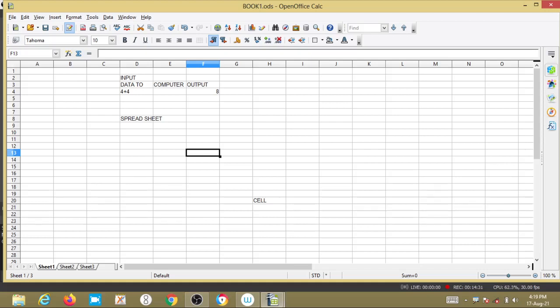Then why we are using this spreadsheet, the uses of this spreadsheet. I already told you that applications of spreadsheets are production planning.